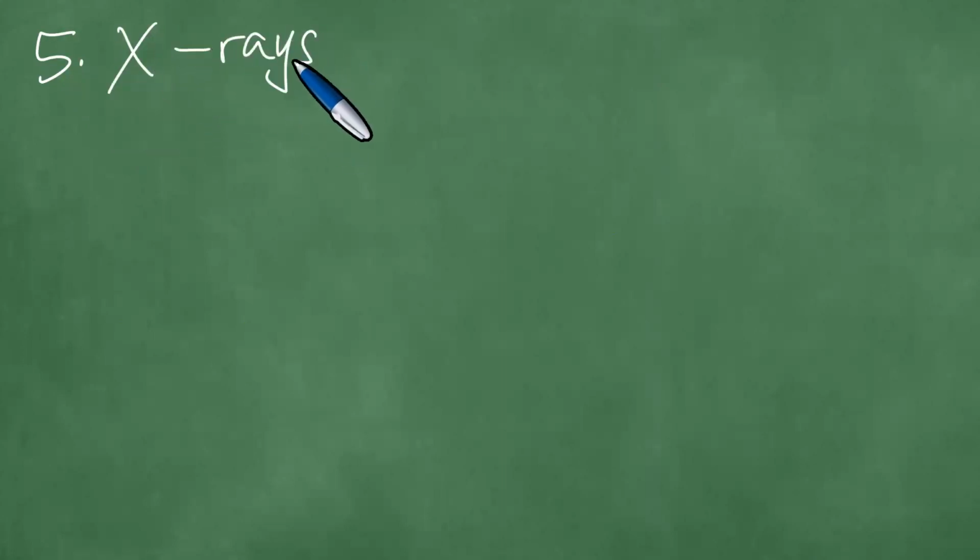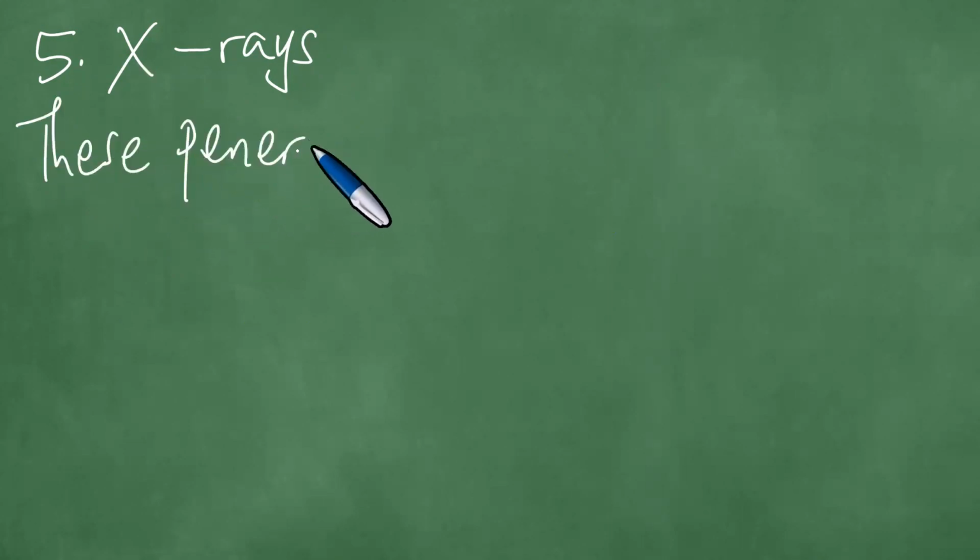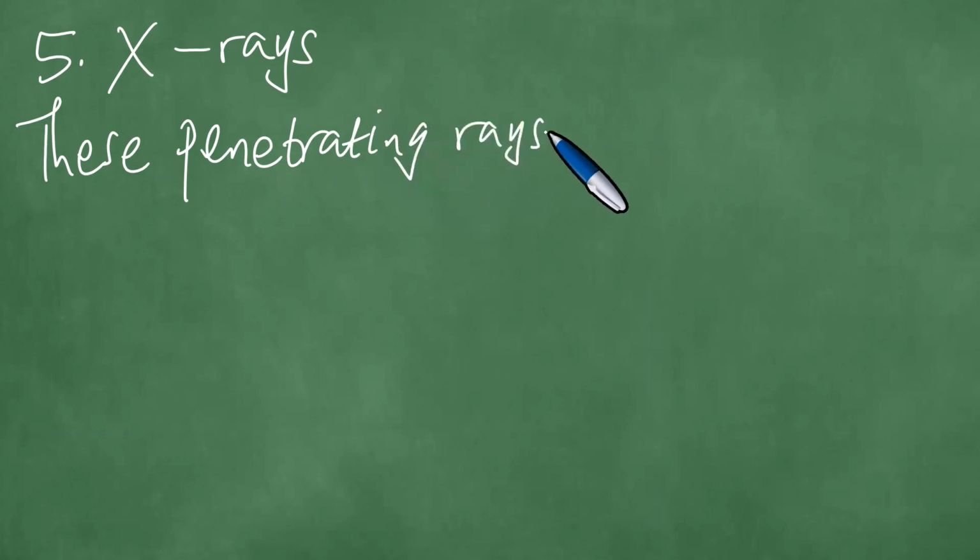Now, I want us to speak about the next form of the radiation in the EM spectrum. So this was number 4. Number 5, the X-rays. These penetrating rays. The X-rays are penetrating. So these penetrating rays are released